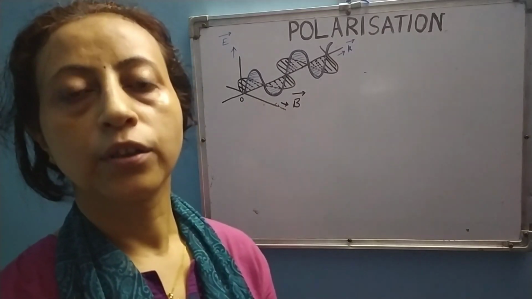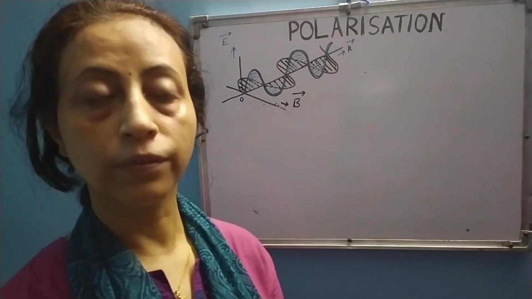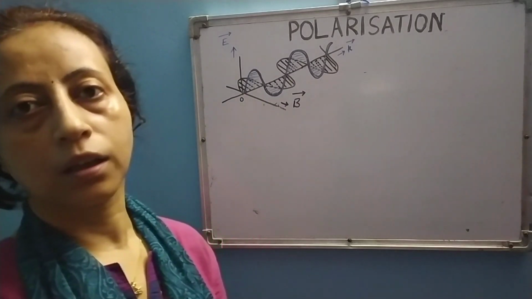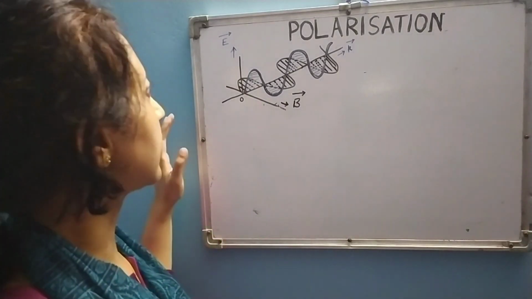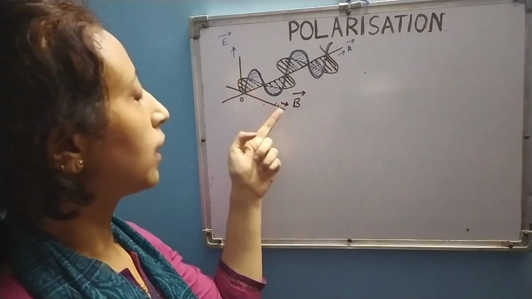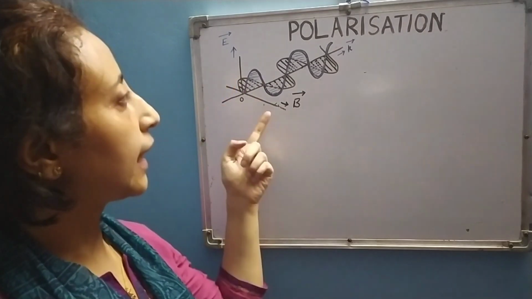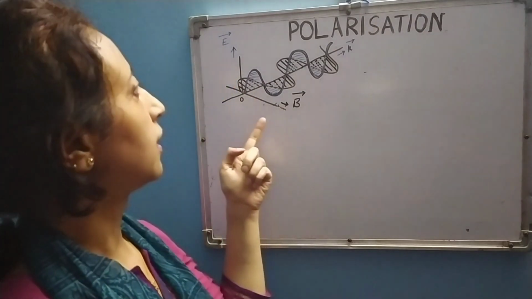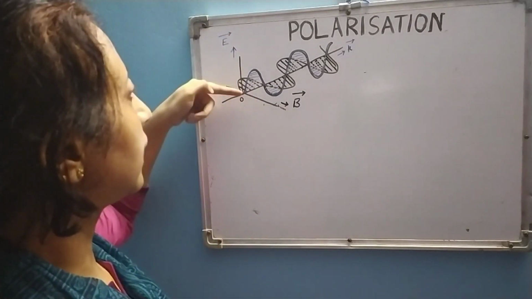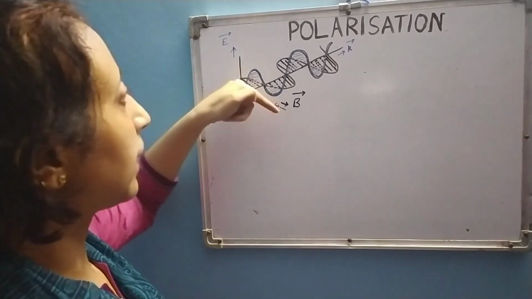Hello students. So let us today learn what is polarization of light. Okay. So for that, first let us consider the two field vectors of light. Light is an electromagnetic wave, so that is why it has one electric field vector and one magnetic field vector,